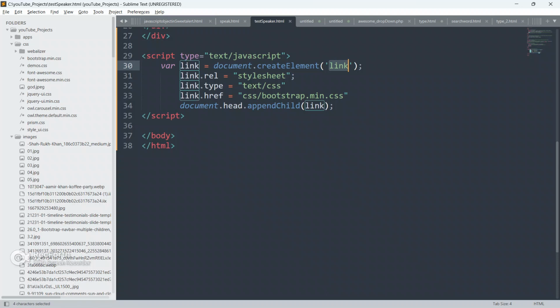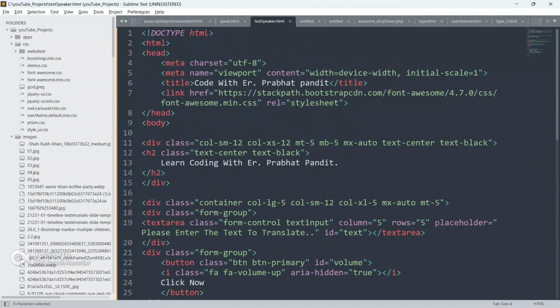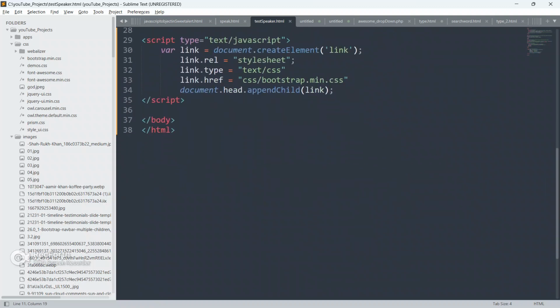So what I did here guys, I just created a link element using document.createElement. I assigned rel style sheet, type text slash css, and href the path of my folder and the file name, and I have appended this link to the head section.